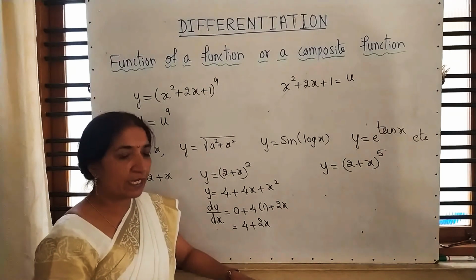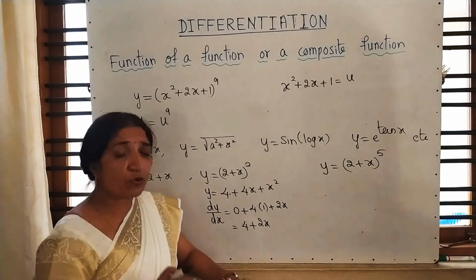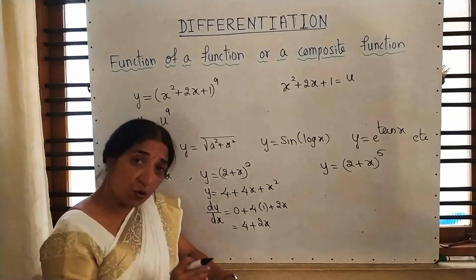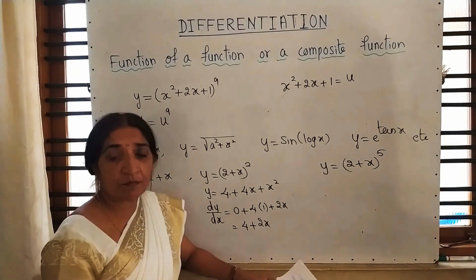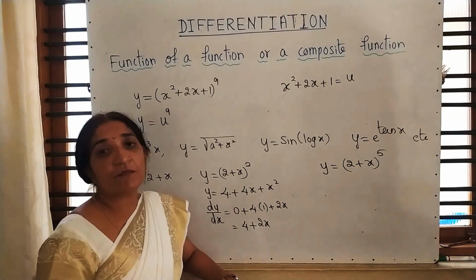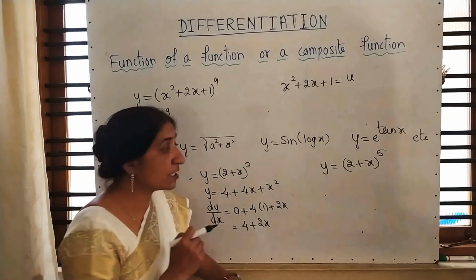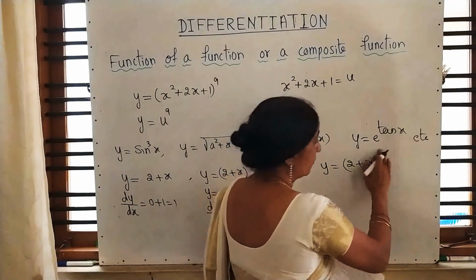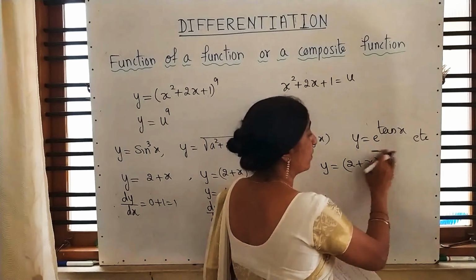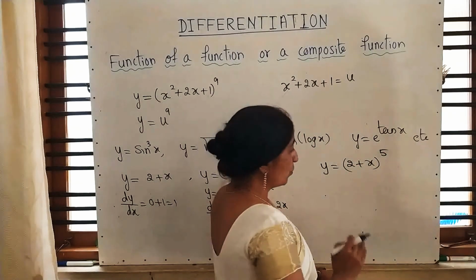See, all the lecturers have their own different methods to explain. I am giving you a different method here. You know how to expand (2 plus x) raised to 5? Of course you are familiar, because in the first year you studied the binomial theorem. With the help of the binomial theorem you can expand and differentiate. Suppose instead of 5 you have 100, at that time also will you expand this? No, this question is only for 1 mark. Here, how to differentiate without expanding?